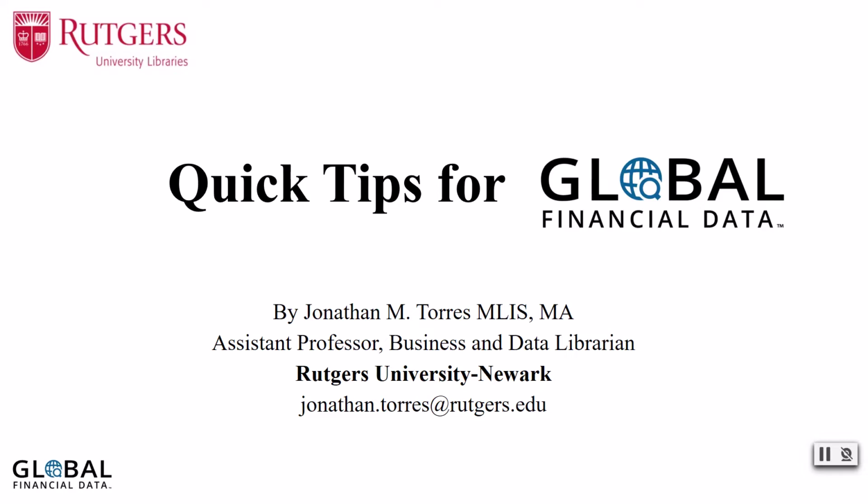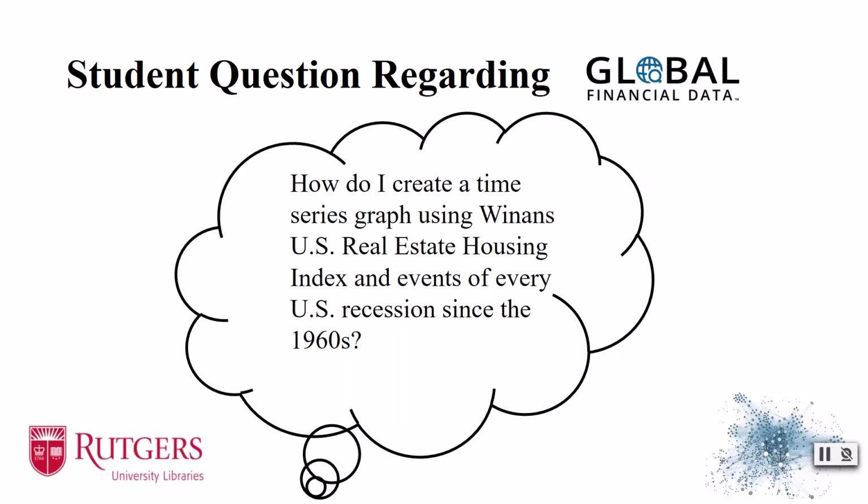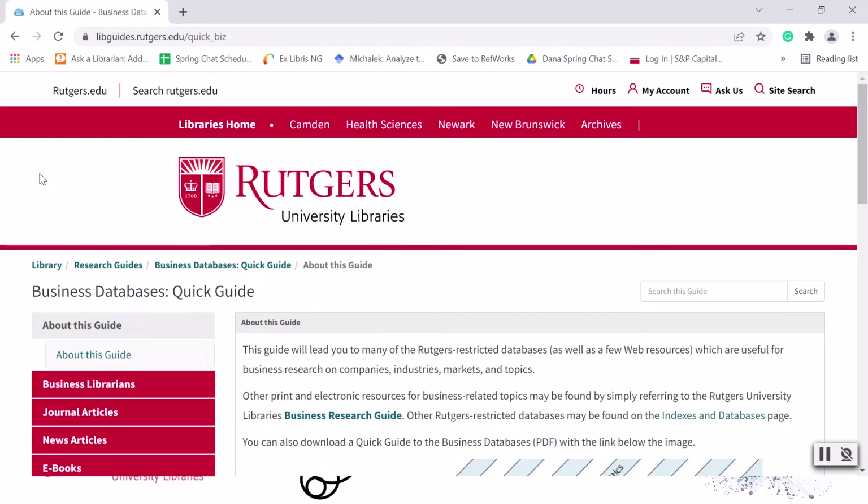In this segment, we'll be answering a question from one of our Rutgers Business School students. Student question regarding global financial data: How do I create a time series graph using Winans' U.S. Real Estate Housing Index and events of every U.S. recession since the 1960s? The first place we're going to go to is